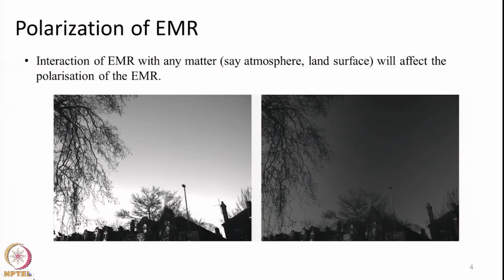In this particular figure, the same area is photographed at the same time, but with two cameras, one attached with a horizontally polarized filter and one with a vertically polarized filter. The one on the left is the photograph taken with the filter that allows only vertically polarized light, and on the right the filter allows only horizontally polarized light. So, you can see the picture is for the same region taken at the same time, but these two pictures